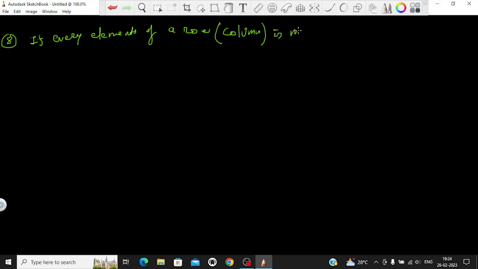Now we'll see the eighth property. The eighth property tells you that if every element of a row, or if a row or column is multiplied by a scalar quantity and added to another row,